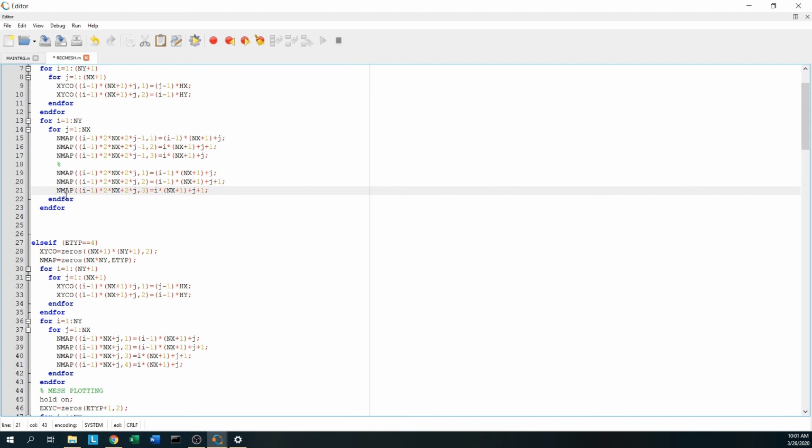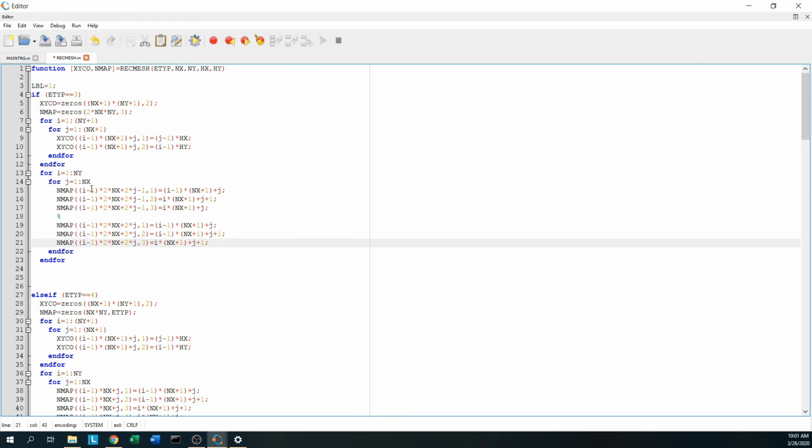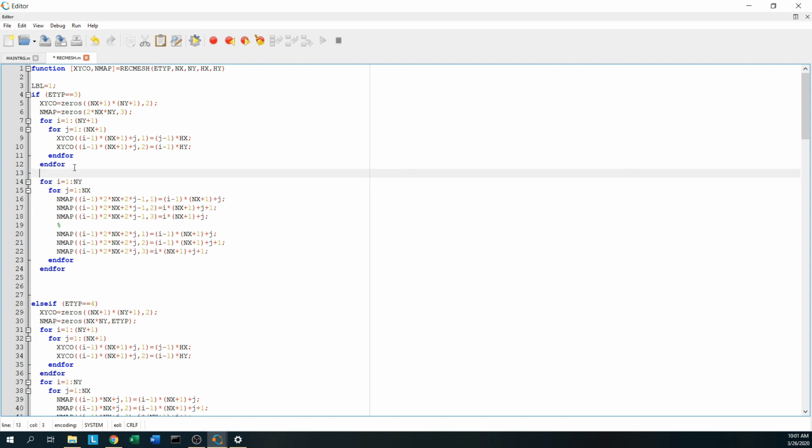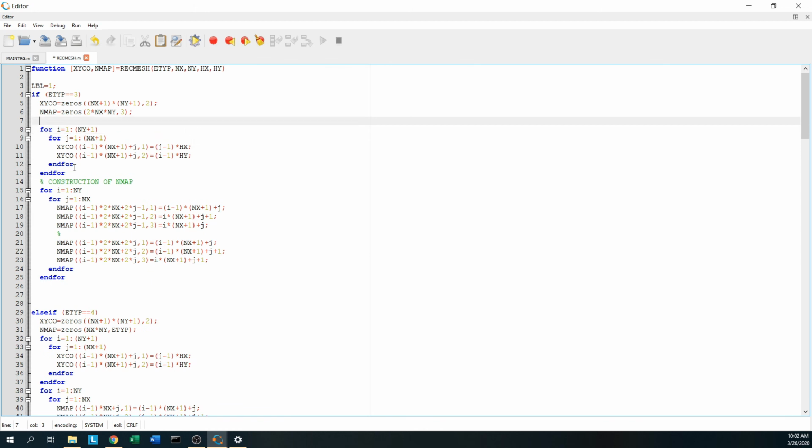Okay, well, we get right now the Nmap. This is a construction of Nmap, and there it is, the construction of the